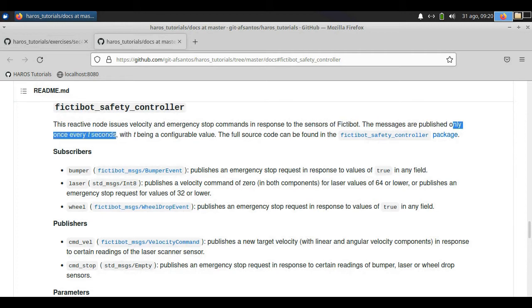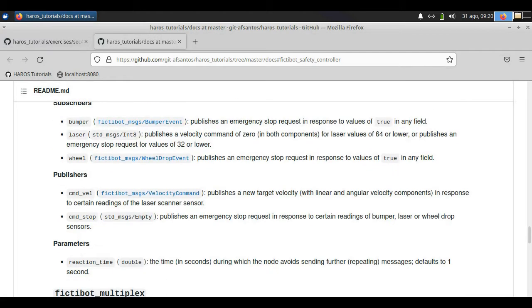As we can see here, the bumper messages receive an emergency stop in response. Laser messages publish a velocity command of 0 for values of 64 or lower, and an emergency stop for values of 32 and lower, while wheel drop messages receive emergency stop in response.